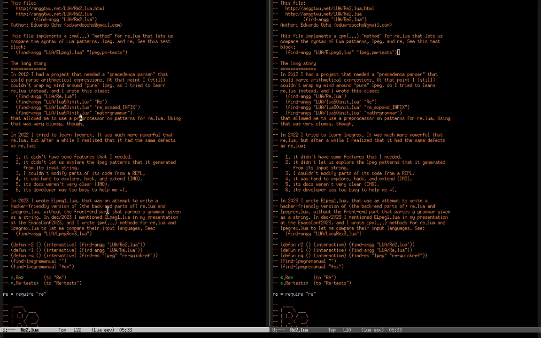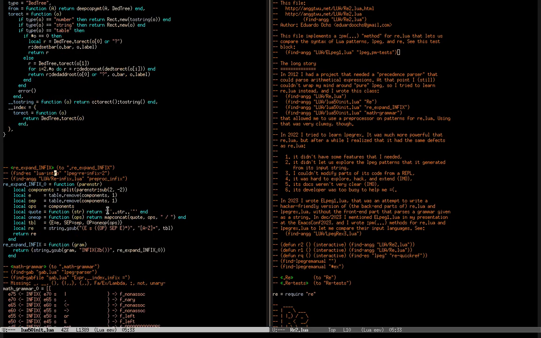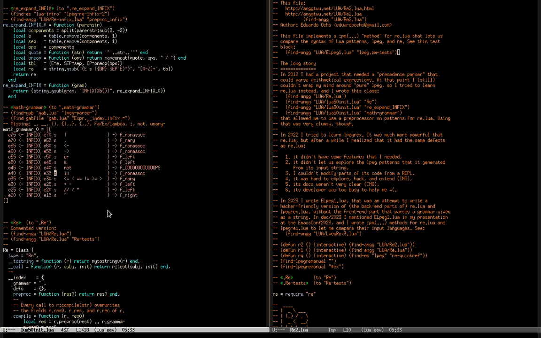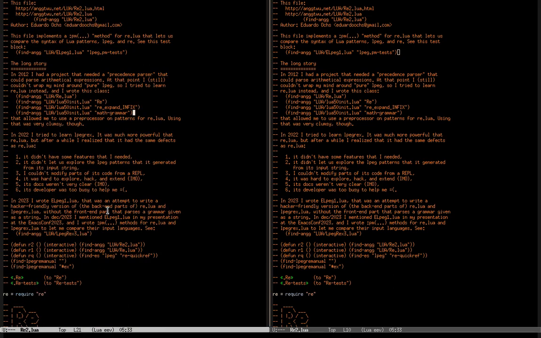that allowed me to use a preprocessor on patterns for Lua. And the thing is that with this preprocessor I could specify precedence grammars using this thing here that worked, but it was super clumsy. And I gave up after a few attempts.